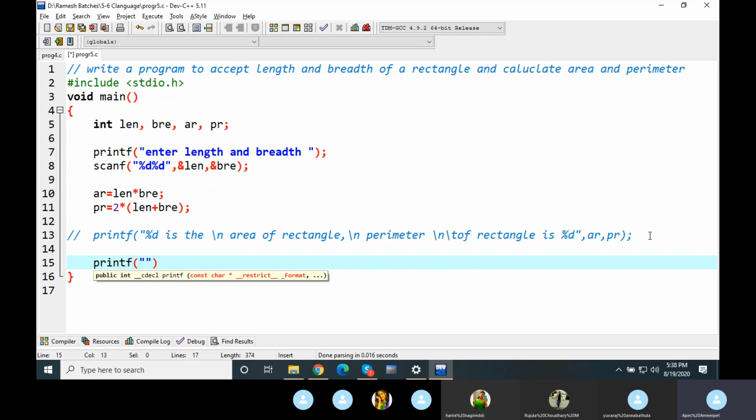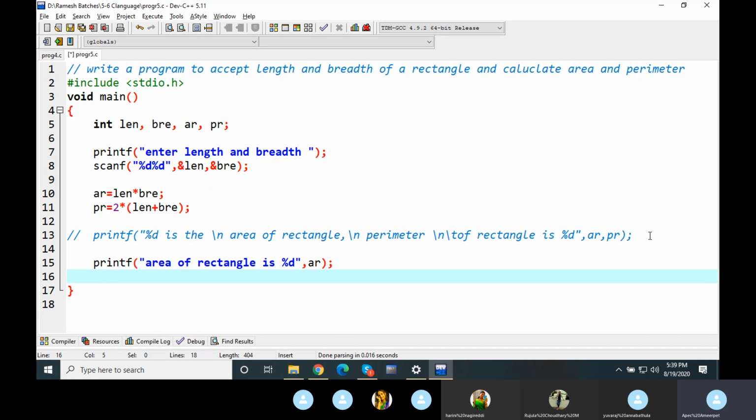printf("area of rectangle is %d", ar); I can write it like this. printf("perimeter of rectangle is %d", pr); Now my question is, is the output going to be shown in different lines or will it be shown in a single line?